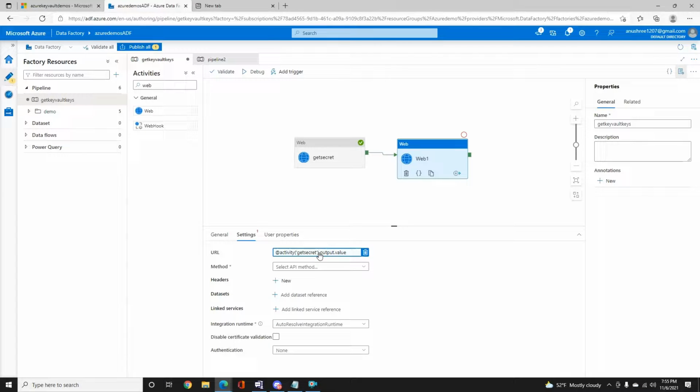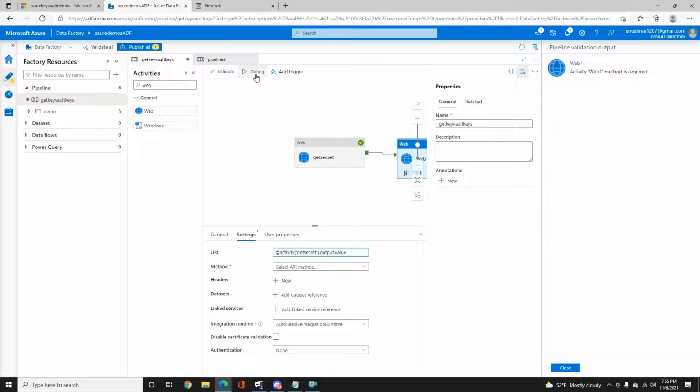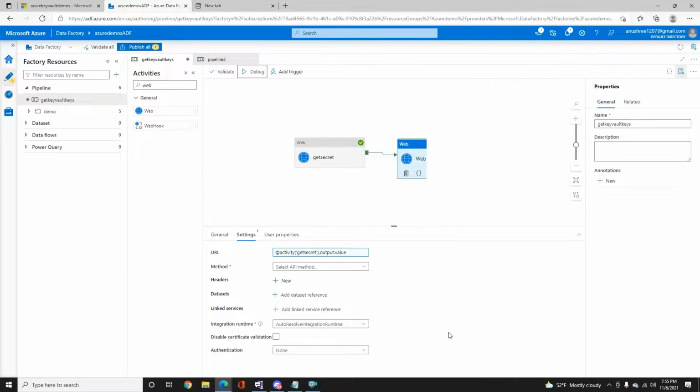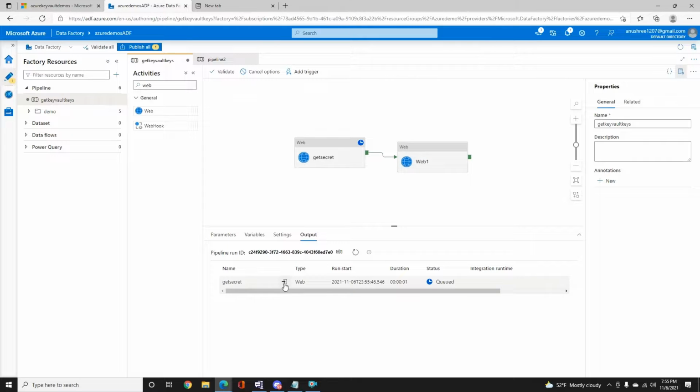So here it will get populated. Let's just see. It needs a method. I'm just trying to show you the input. I'm not filling everything here. It'll fail, but I'm just trying to show you the input. So this got called first.